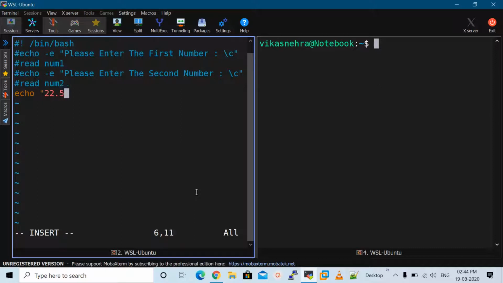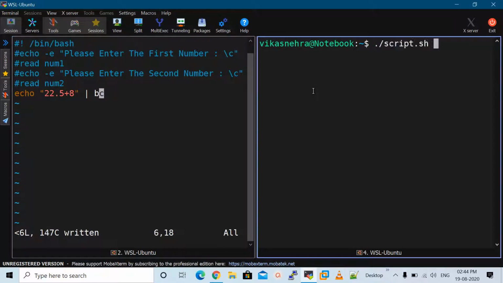Let's mention 22.5 as the first number and 8 as the second number, and then we mention the pipe symbol here, and this command will behave like an input for the basic calculator. So we can mention bc after the pipe symbol. Save the script, and on execution you will find that it gives us the result 30.5, which is absolutely correct.